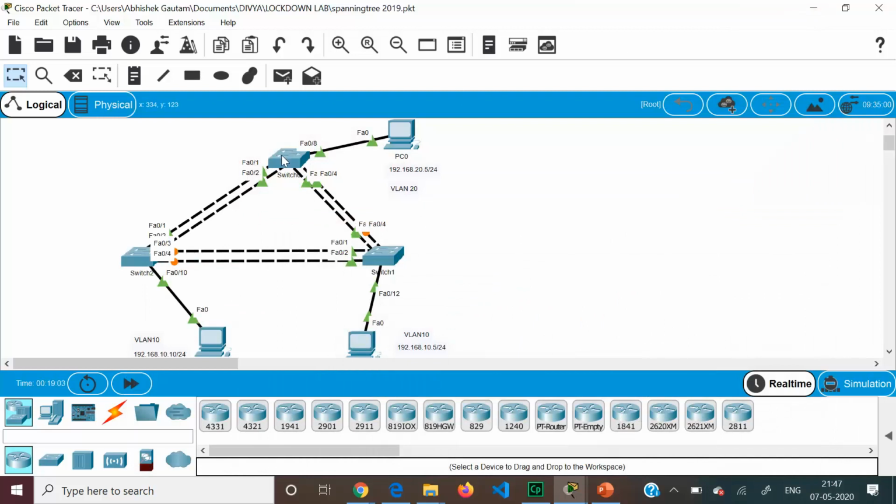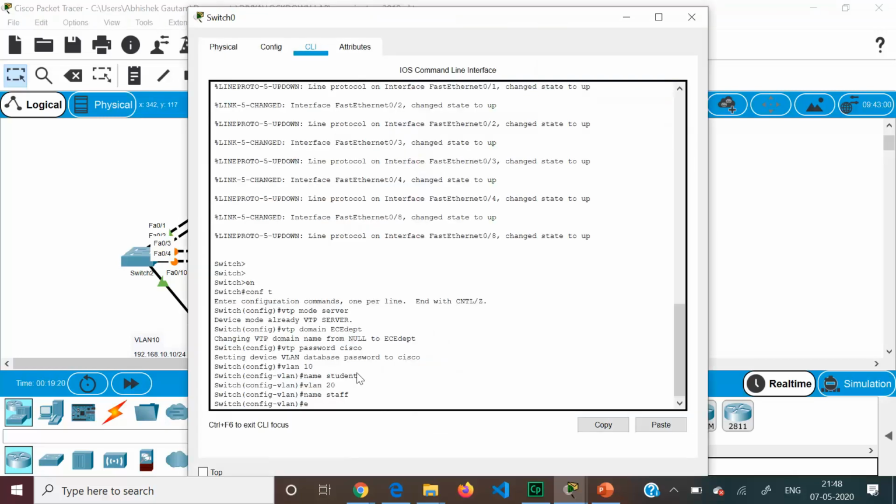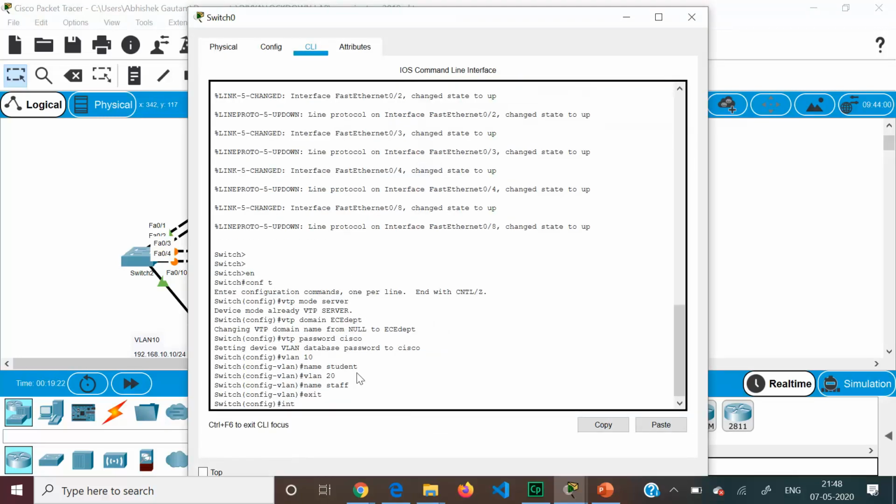So that the clients switch 1 and switch 2 receive this VLAN information, we need to configure the links as trunk. Okay, so we will go on to this particular switch and exit, and we'll say int range F0/1 to 4.